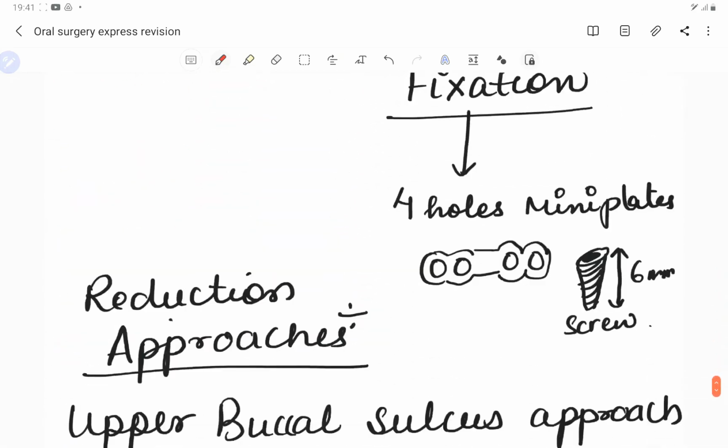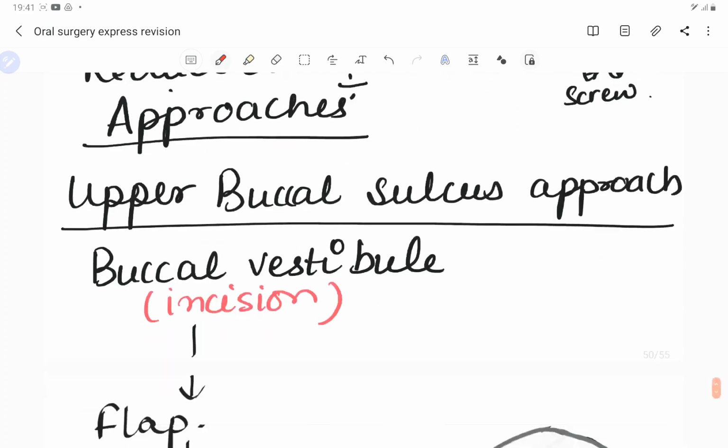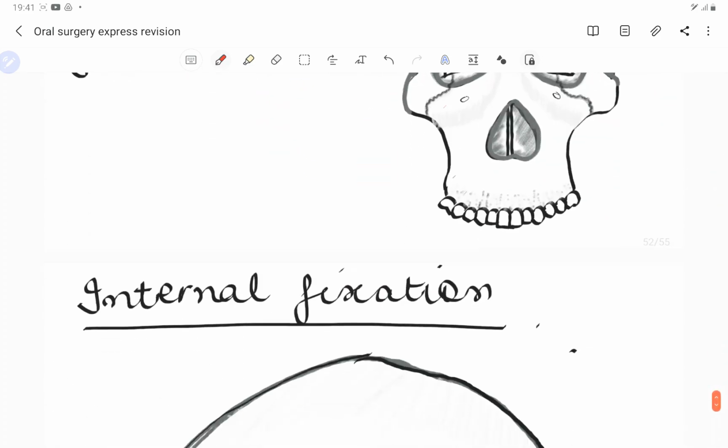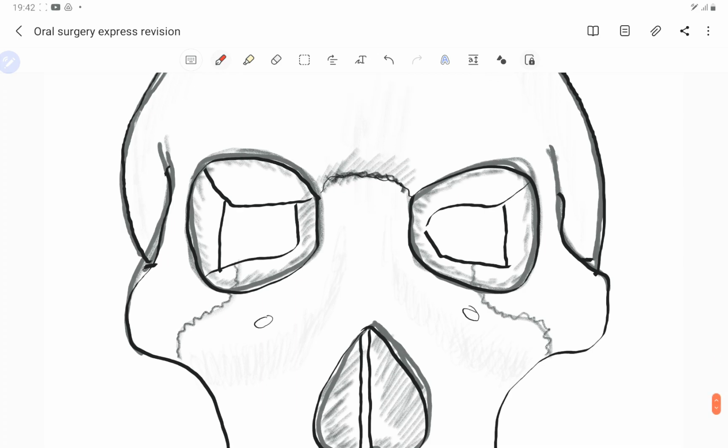So guys, the mini plate which we use in the zygomatic maxillary complex fracture is the same as the mini plate which we use for the Lefort, which is the 4-hole mini plate with the 6 mm screws in it. So this is the mini plate which we use for both the Lefort as well as the zygomatic complex fracture. If we are going from the lateral eyebrow approach, we can put this mini plate